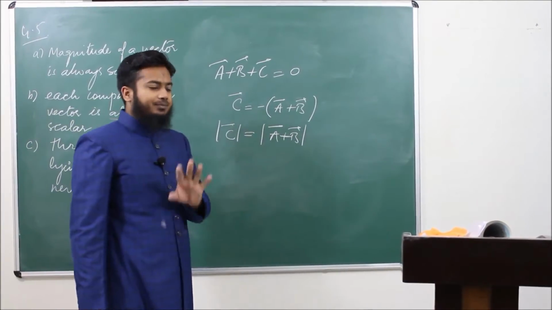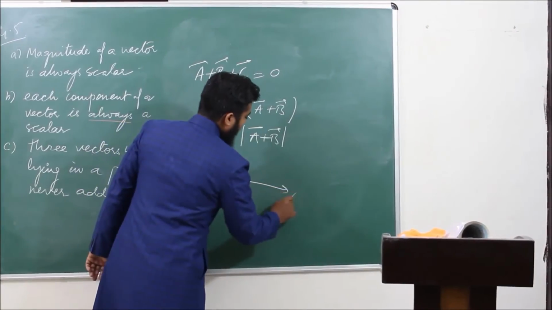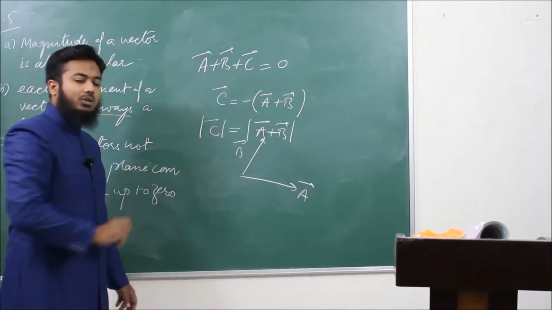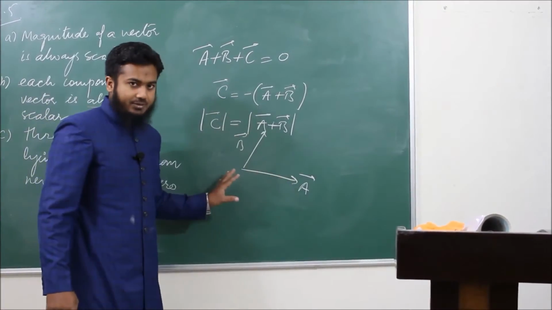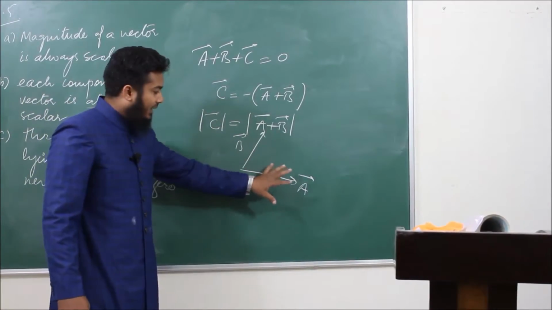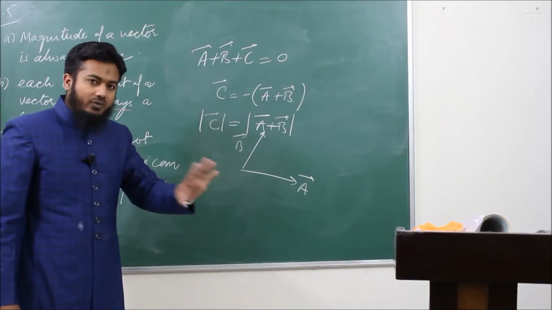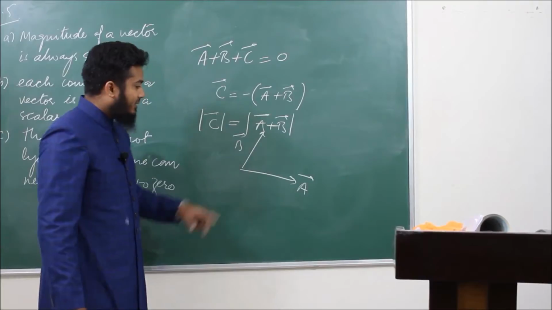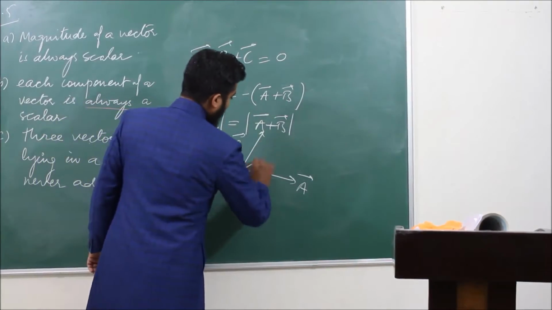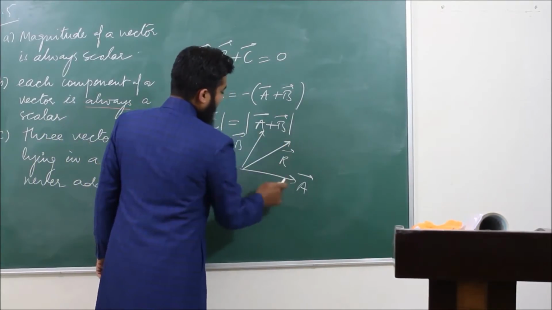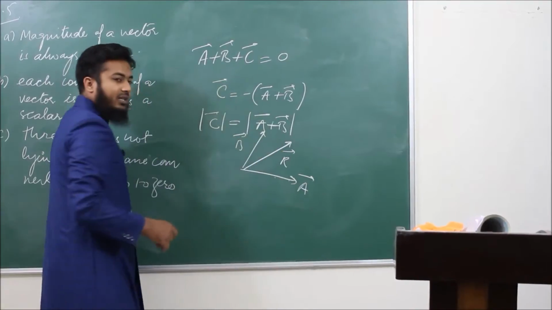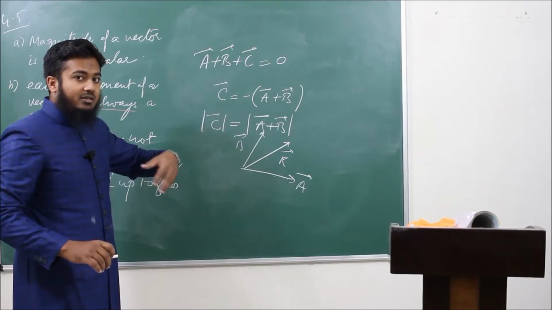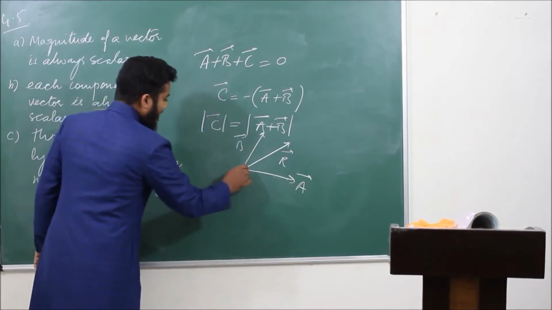If we have 2 vectors, then we can always imagine a plane passing through the 2 vectors. If we have 2 vectors, then these 2 vectors can always lie in the same plane. So we have 2 vectors, and say their sum is in this direction. The resultant of these 2 vectors is this R, and say we have a third vector C